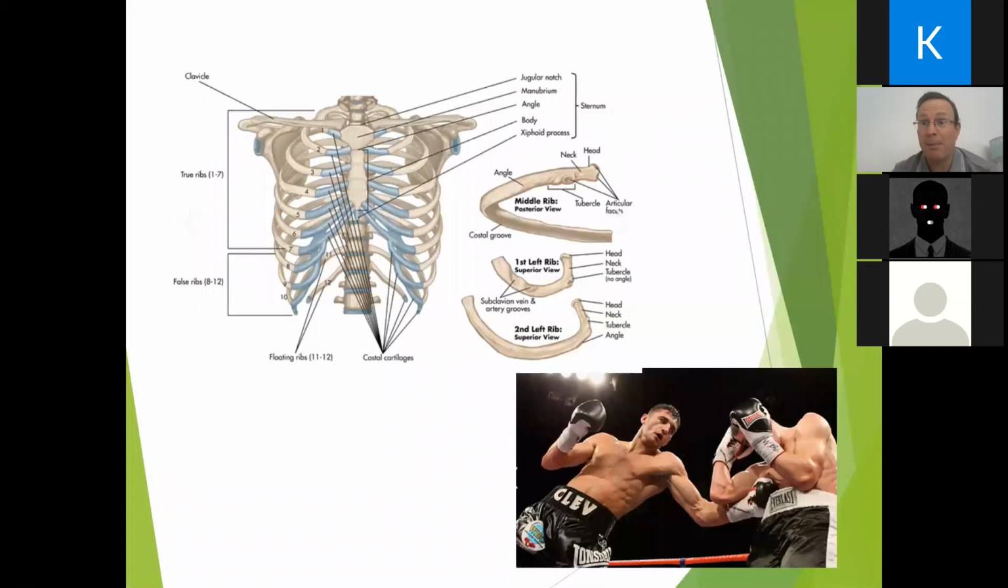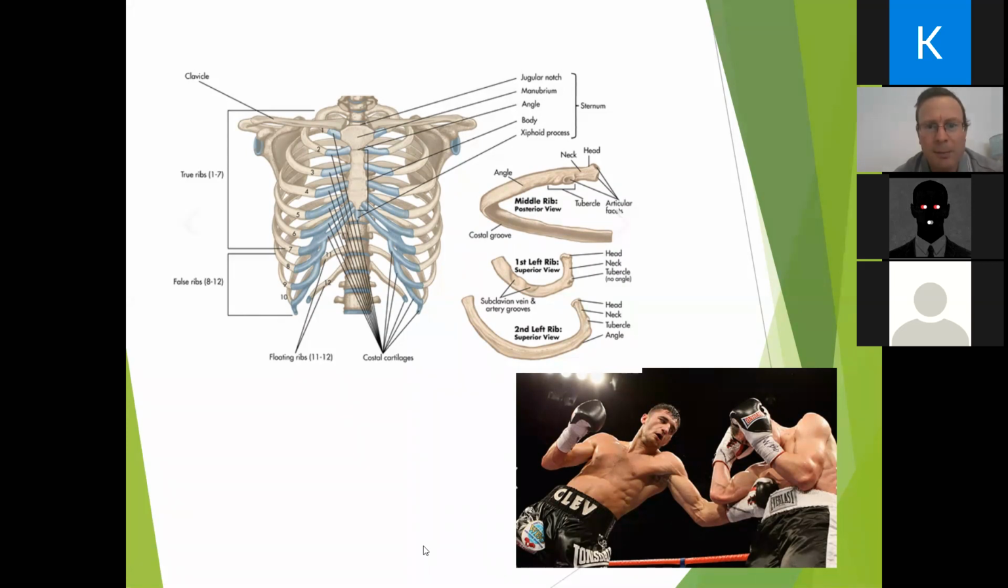We also have flat bones in our ribs. So here we've got someone getting hit in their ribs. The ribs create, again, a bony framework around our lungs and heart to give it that extra layer of protection. We'll look at ribs later, but what you can see is that at the